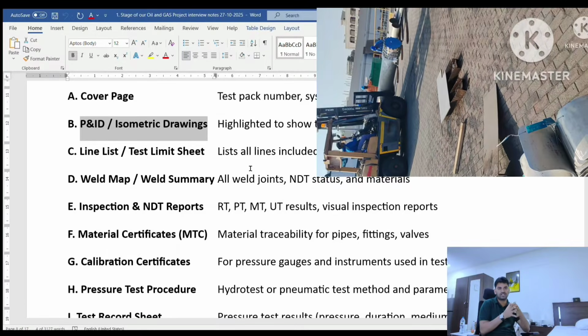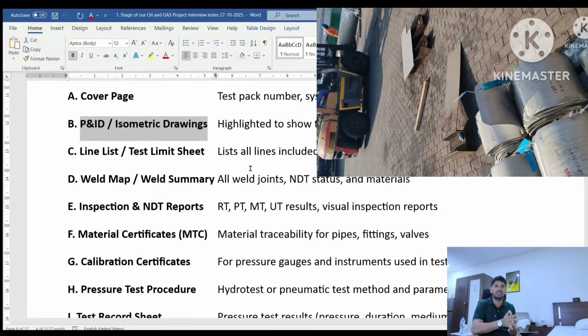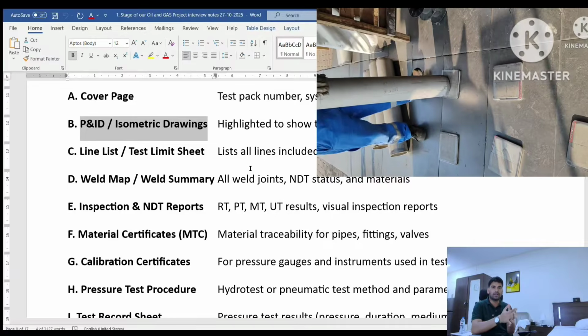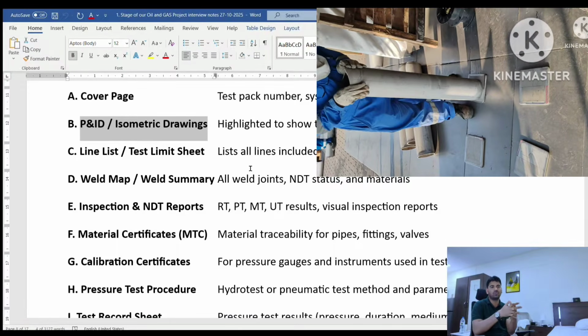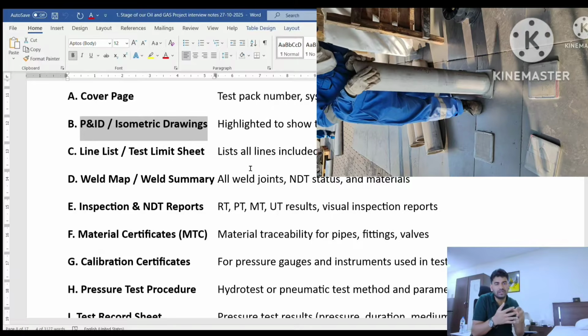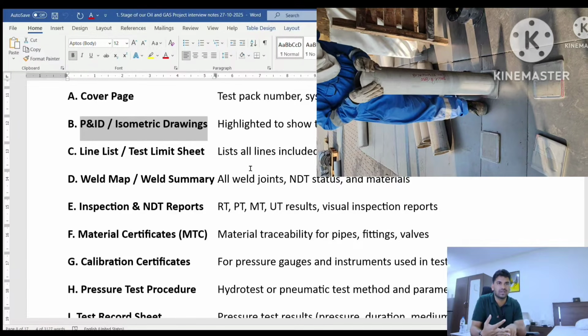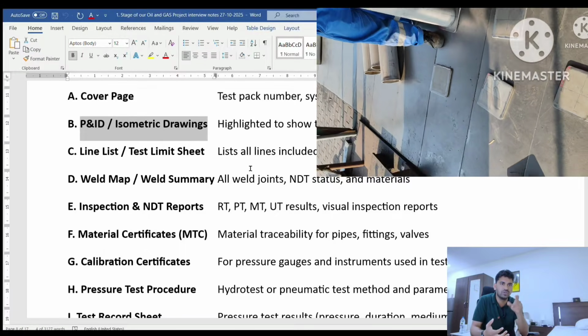The weld map is the isometric modified version. It shows you all the details, all the joint numbers, from the real point of view. Where exactly is the joint? Is that joint a field joint or a shop joint? And after that, it gives you the joint number, a unique